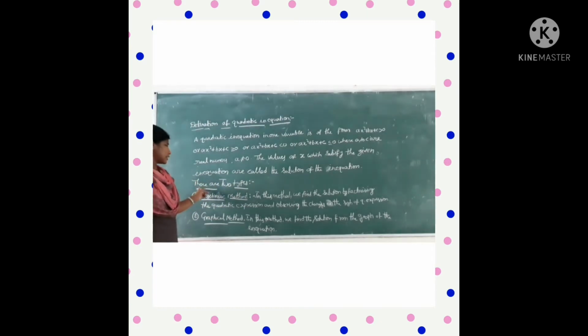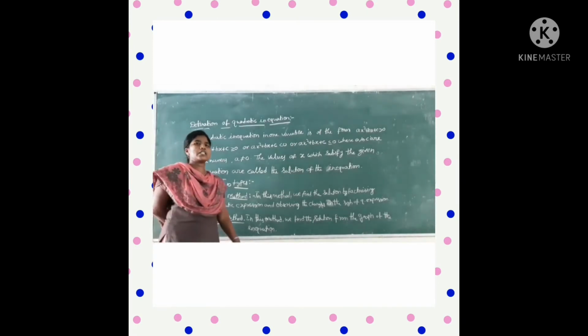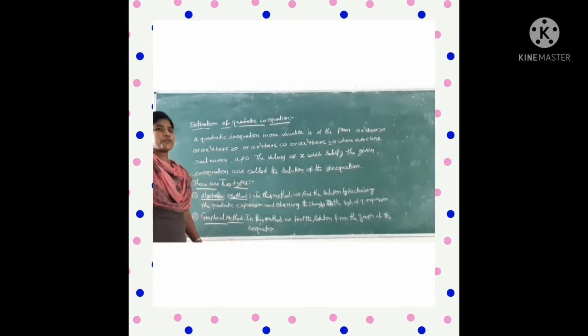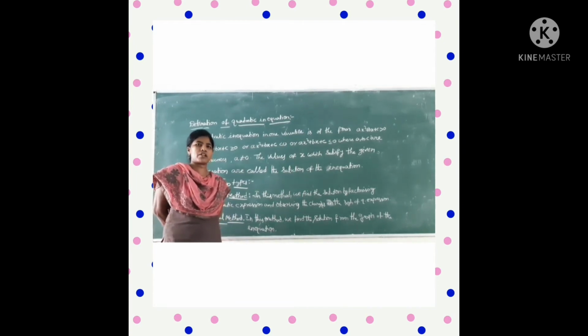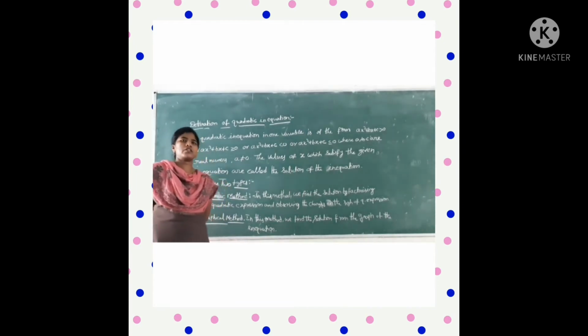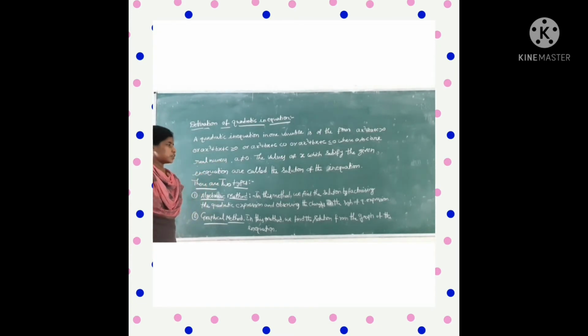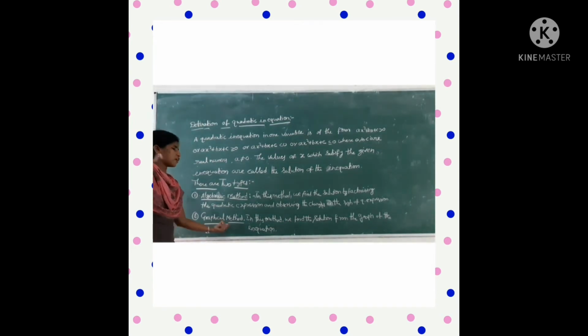Okay. See here, next, to solve this inequation there are two types. What are they? First one is the algebraic method and second is the graphical method. The algebraic method, till now we have been using. Some values are starting from the roots of the quadratic equation, we get minus values and positive values or negative values. Okay, that is the algebraic method. Second one is the graphical method.